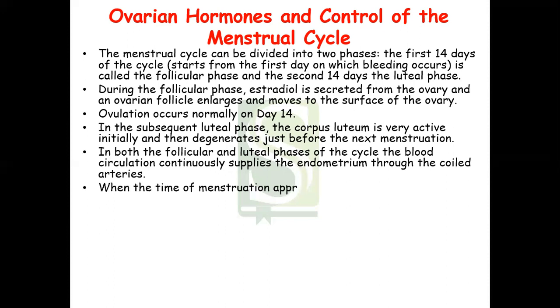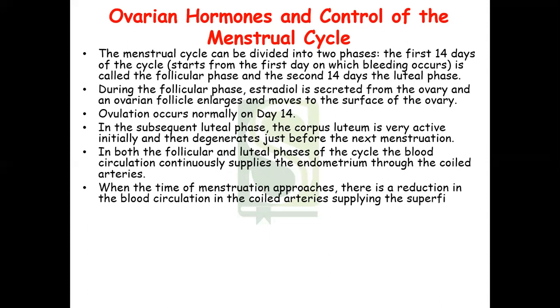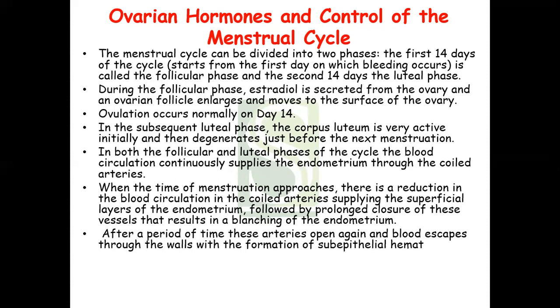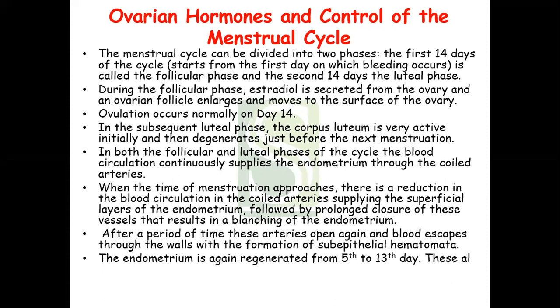When the time of menstruation approaches, there is a reduction in the blood circulation in those coiled arteries, which supply the superficial layer of the endometrium. Followed by prolonged closure of these vessels, it results in a blanching of the endometrium. After a period of time, these arteries open up again and blood escapes through the walls with the formation of subepithelial hematoma. The endometrium is again regenerated from the 5th to 14th or 13th day, and all these changes are